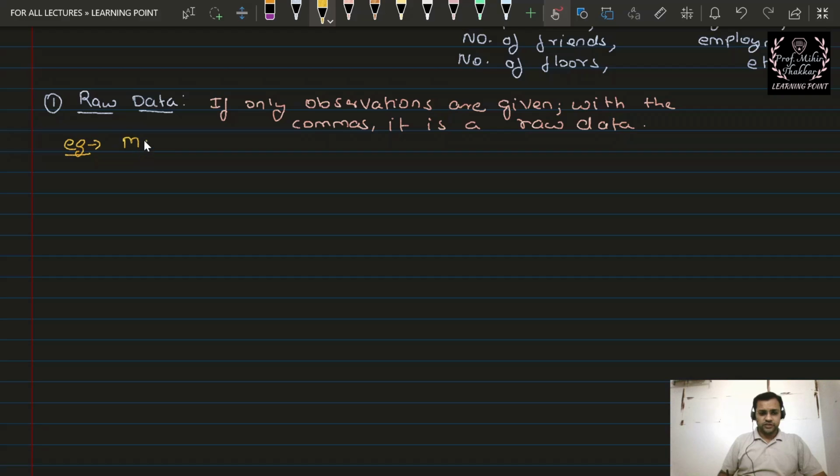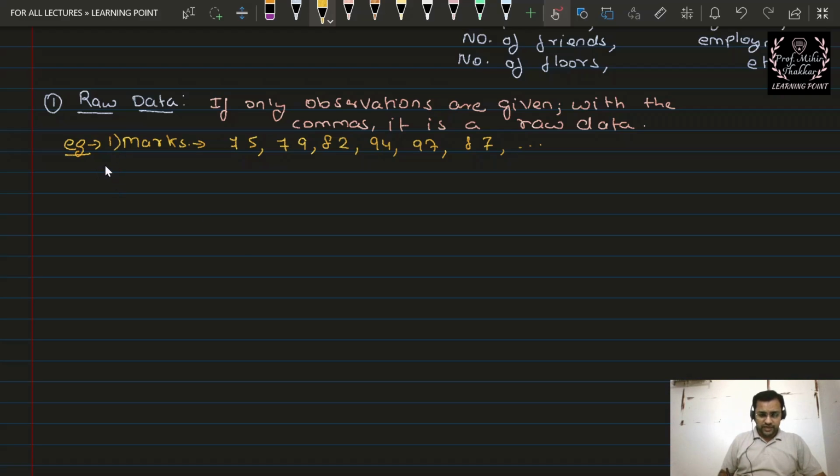it can be information on the marks of the students. Someone scoring 75, someone scoring 79, someone else is getting 82, somebody else might get 94, 97, 87, and so on. So over here you observe that only the values of the marks are given. We are not having any other information about who has got that, how many students have got 75, how many students have got 97. Then such a data will always be called as a raw data.